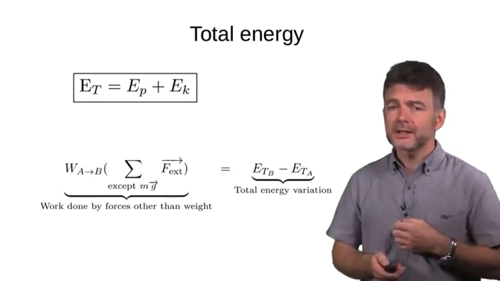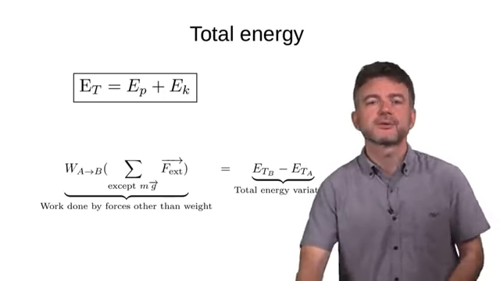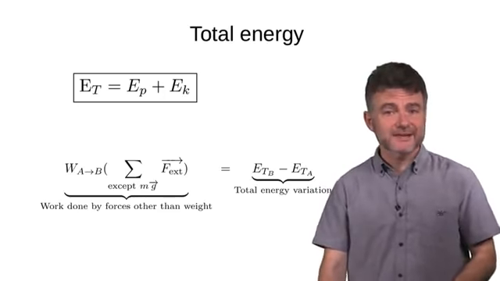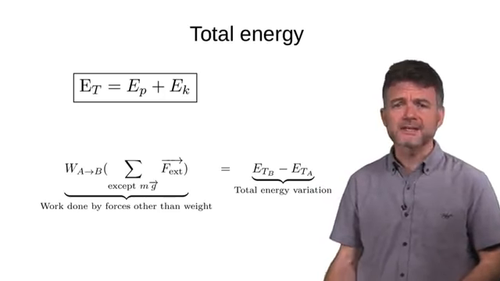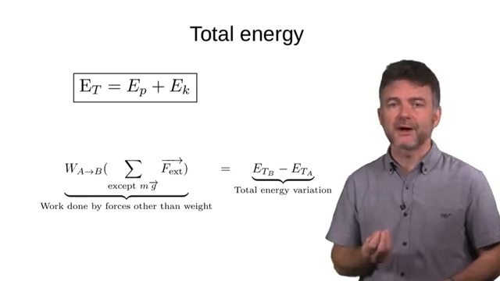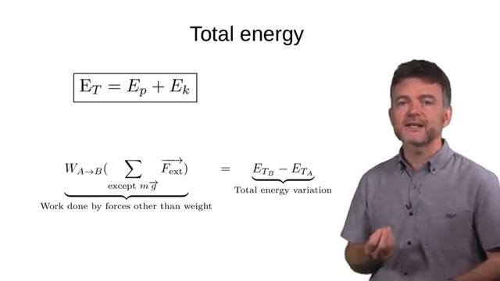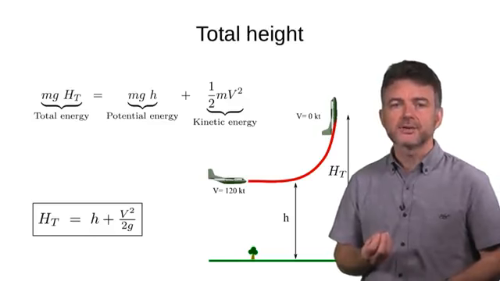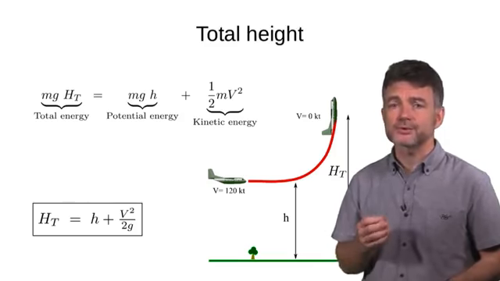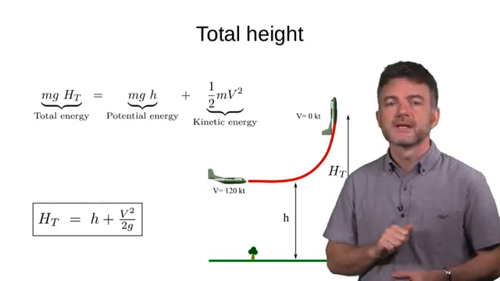So, regarding energy, flying slowly at high altitude is equivalent to flying fast at low altitude. Rather than dealing with joules, it is interesting to use height to quantify the aircraft energy state. For that, we define total height. Total height, ht, is the height at which potential energy would be equal to the total energy of the present state. So,